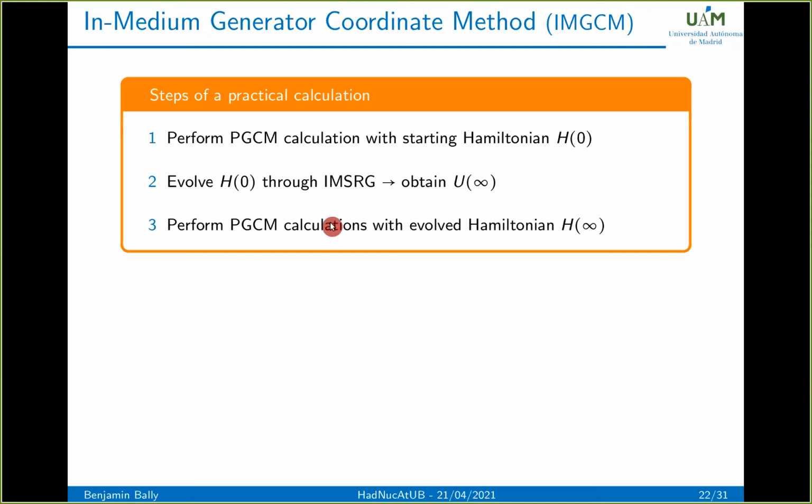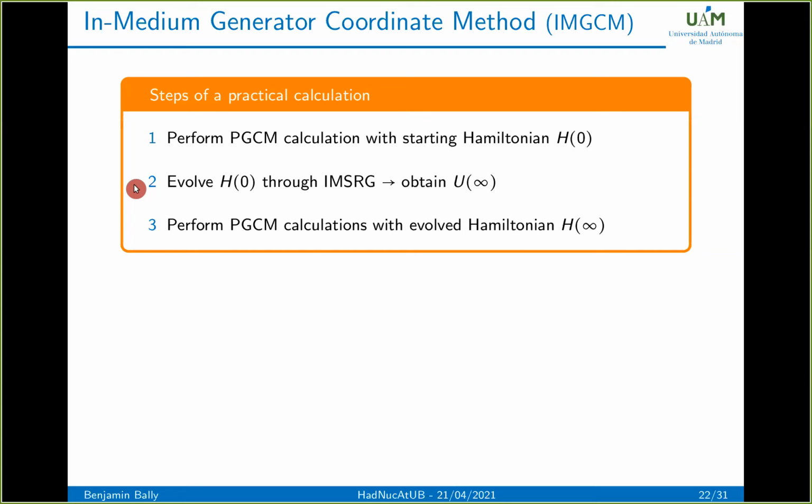new PGCM calculation. The advantage of doing a second PGCM calculation in particular is that with PGCM, you rediagonalize your Hamiltonian a little bit, so things you are missing are recovered, and you also have easy access to the whole spectrum and transitions. In principle, you could loop and say, okay, I've done a PGCM calculation with my evolved Hamiltonian, why not just evolve again? In principle, you could do it. I don't think it was done until now, because it's not really needed, and it adds another complexity.